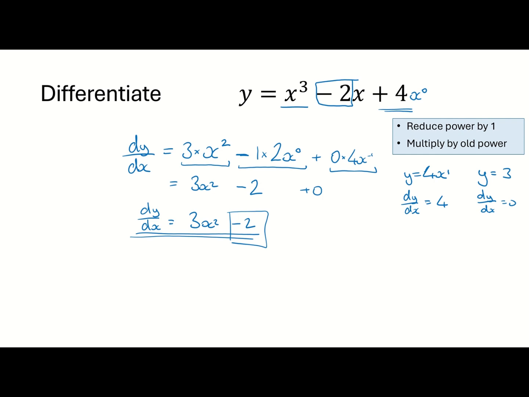If I have a constant term, y equals 3, let's say, then the differential would be 0. Because remember, if y equals 3, it's not changing. So for that term, y doesn't change as x changes, so the gradient is 0. So you can see here we've got a 0 from just the 4. Okay,